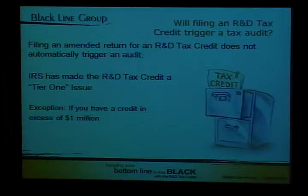Going back and amending prior year's returns tends to get more attention from the IRS. We've seen no increase whatsoever on audits of a timely filed return only, but we've seen more audit activity with amended returns. So if you for your company would consider wanting to go back now and amend your prior years, and you have a good opportunity, if it's a meaningful number and you have good documentation, you shouldn't be afraid to do it. You just need to know what the potential risks are of amending a return,